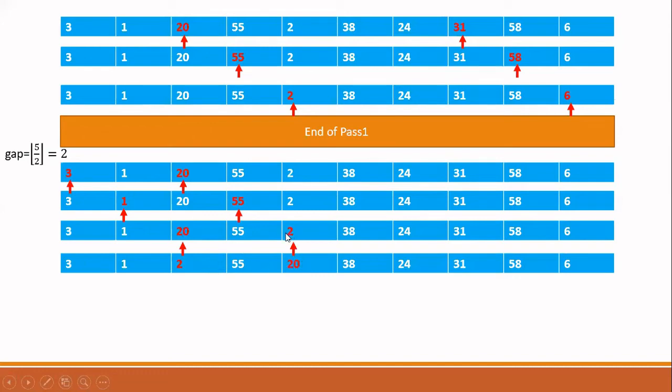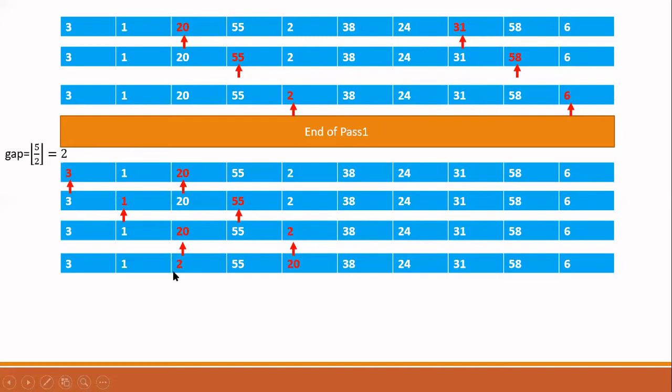Okay, now here a smaller number is brought to the initial position, that is through swapping. When you do that, you have to check the other number which is at a gap of 2 from this number in this direction. So far we haven't had that, but now we are getting it. Now I am at the index here, I did the swapping. When I do the swapping, I have to compare this number with the other number at a gap of 2 in the left direction.